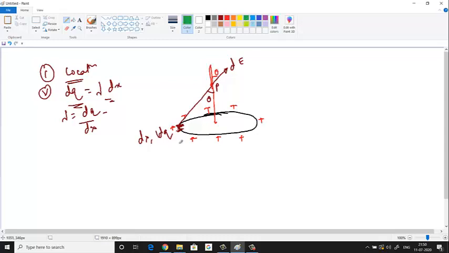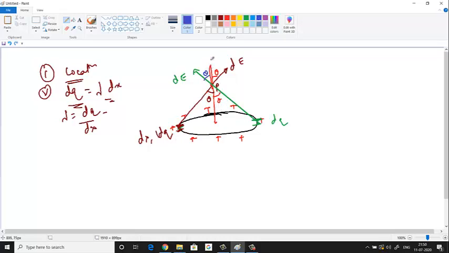So exactly symmetric point, if I take this side, what will you get? You get another electric field here, but it will be the same in magnitude, dE only, because it is exactly symmetric to this dq. So this is also dq, and that is dE. What angle? Theta. Why theta? Because it is exactly symmetric. So if this is theta, this should also be theta.